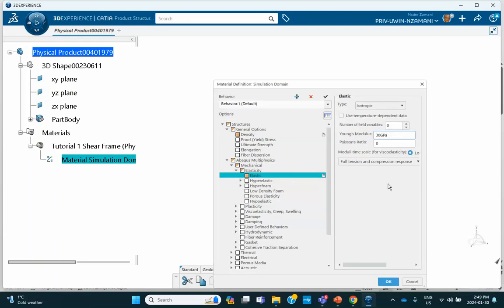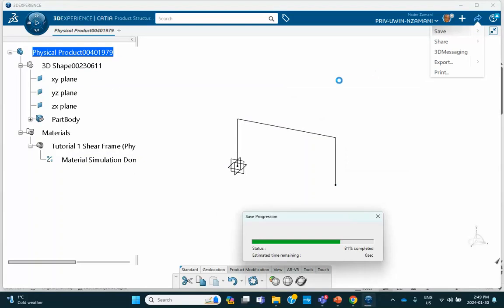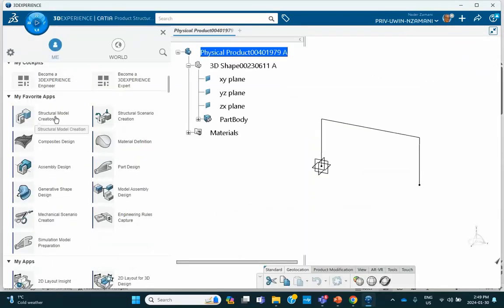Okay, Poisson ratio is 0.33. Good. Okay, that takes care of the geometric model. Let me quickly save this. And now I'm going to go to the meshing module, which is a structural model creation,